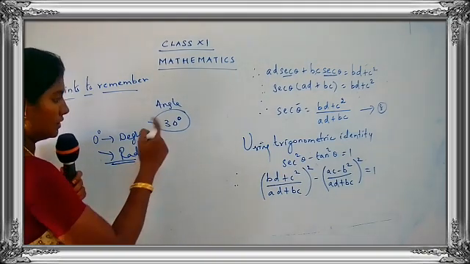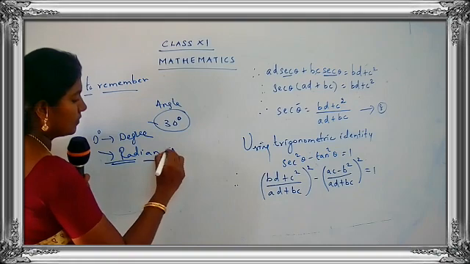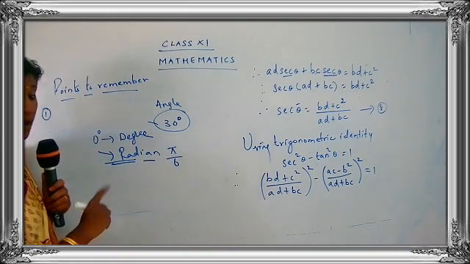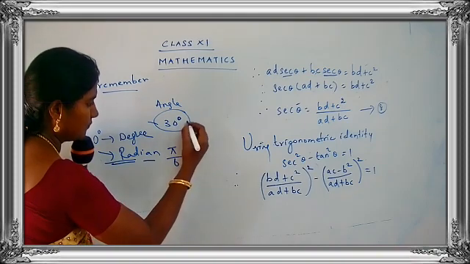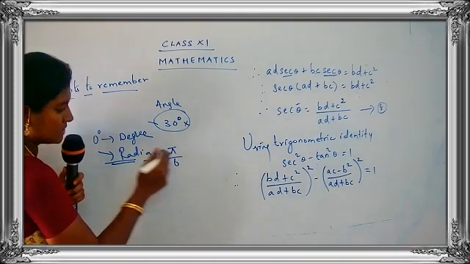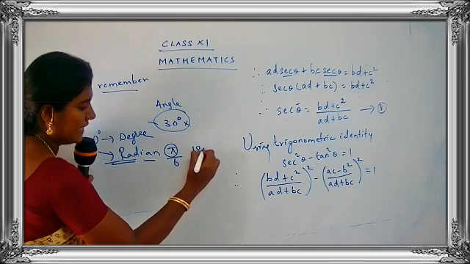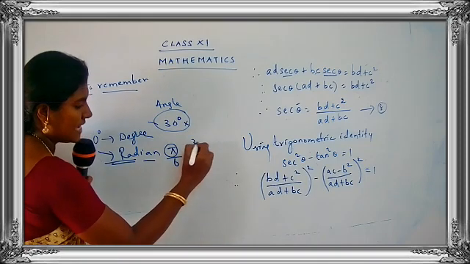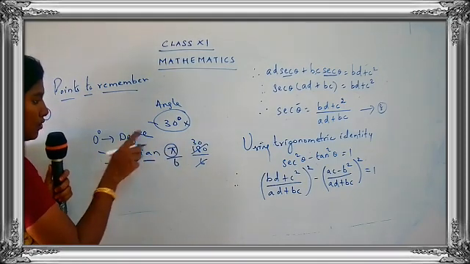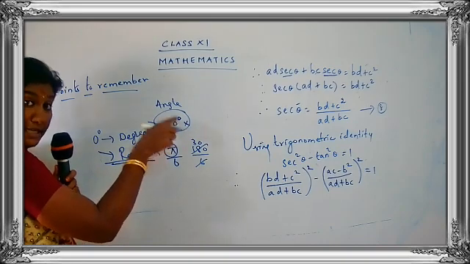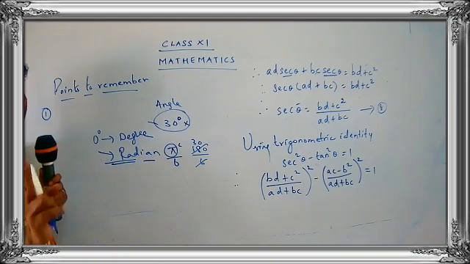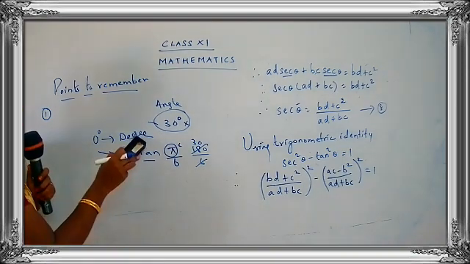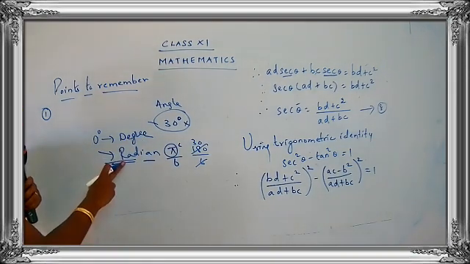The value for 30 degrees is pi by 6. How do you get pi by 6? Just multiply by, see here, this is very simple. What is the value for pi? It's 180, so 180 upon 6. What is the answer you get here? 30 degree. So the 30 degree is in the degree form and pi by 6 is in the radian form. So two ways of writing the angle. One is in the degree form and one is in the form of a radian.